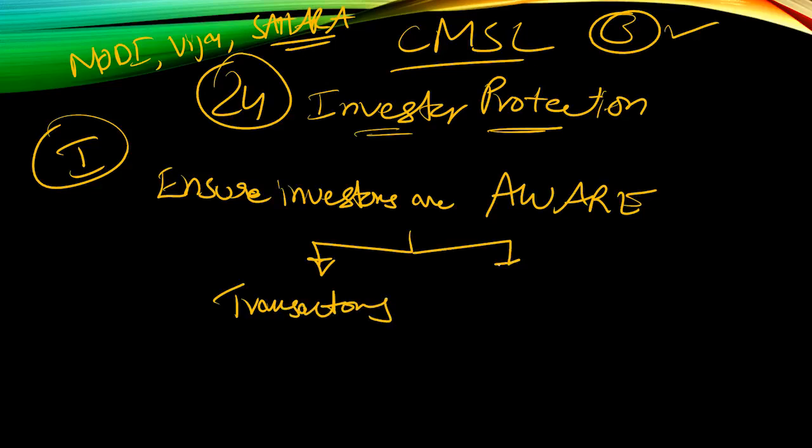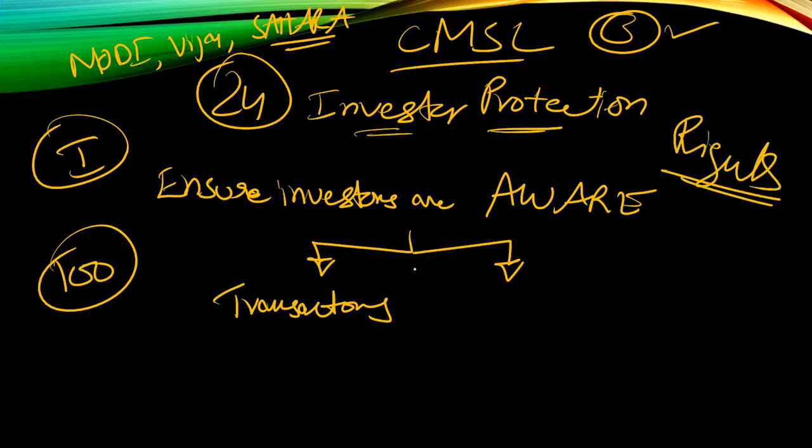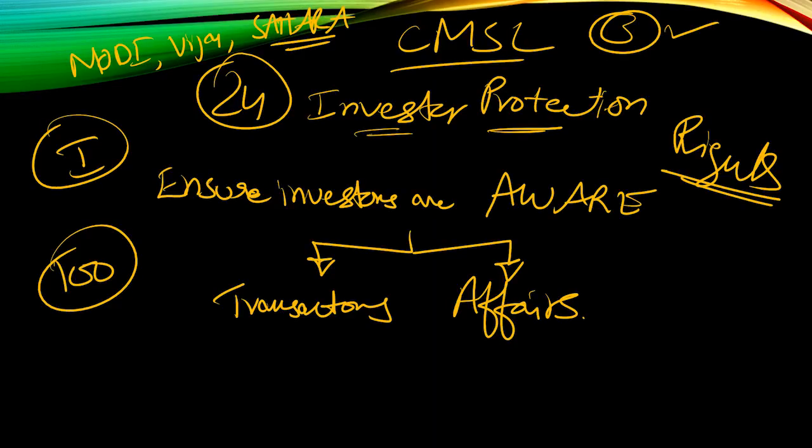As an investor, suppose tomorrow you invest even 100 rupees in some company, if you have a demat account, it is your right. So this chapter is all about rights. Apart from rights, it's also about responsibilities. The investor should be aware of the affairs of the company, that is, what is happening on a day-to-day basis. And you should know things like what the responsibility is, and in the exam many times they've asked about